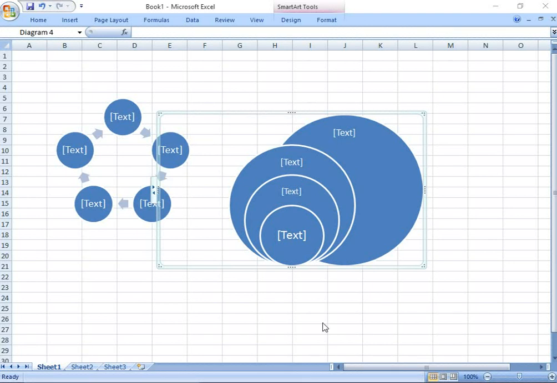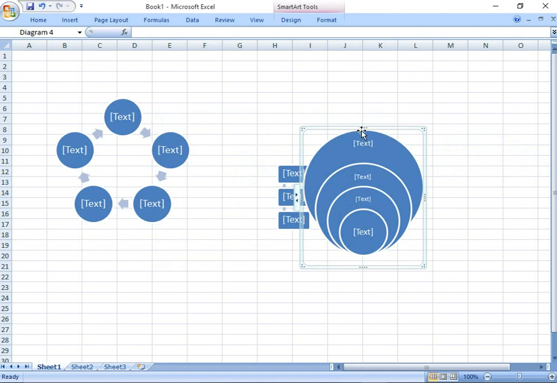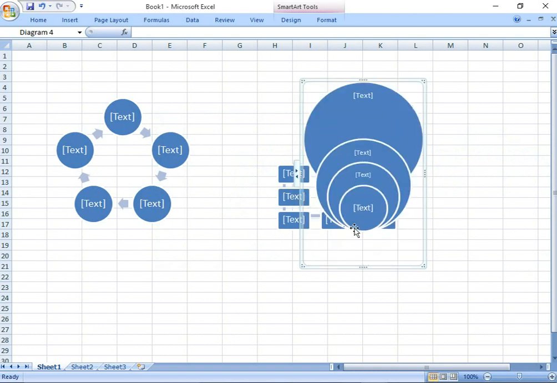Let's try to look at how to create the shapes that you can see on our screen here. But how do we insert shapes, or how do we insert bitmap images? How do we insert SmartArt? Here, this is what we call SmartArt. How do we insert it in our